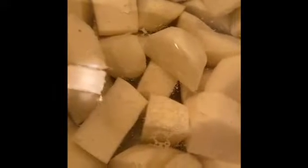Dinner tonight, we're having shepherd's pie. I'm getting started on the mashed potato part of it. So I have 5 potatoes I peeled and diced into chunks. I covered them with some cold water. You always want to start with cold water when you're boiling potatoes. And I'm just going to boil these until they're cooked through, and then we're going to get started on the